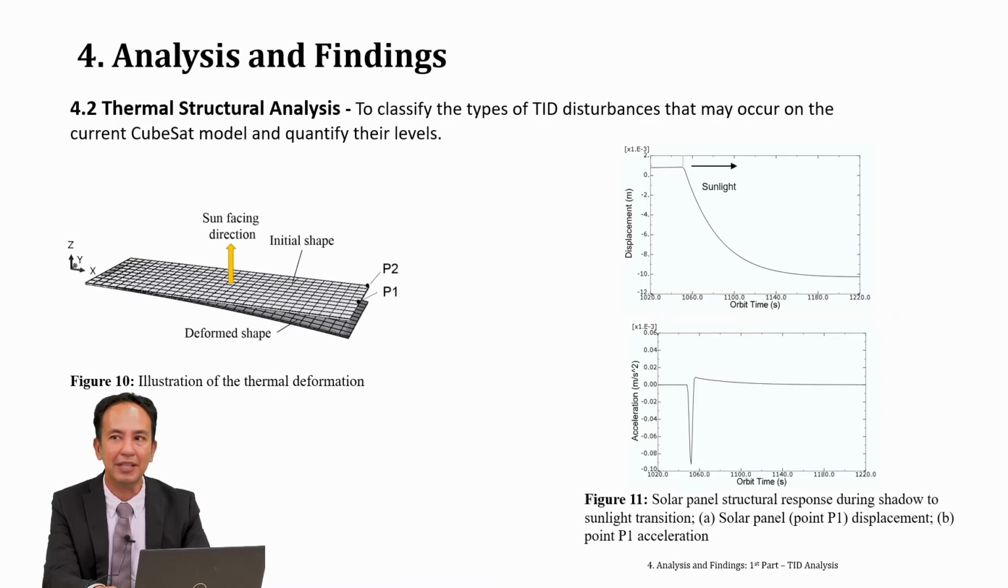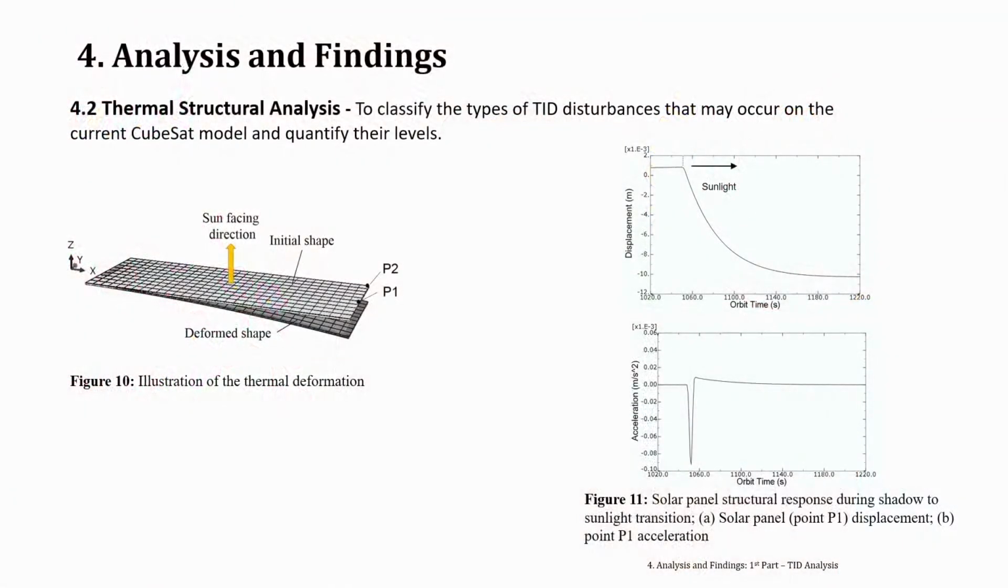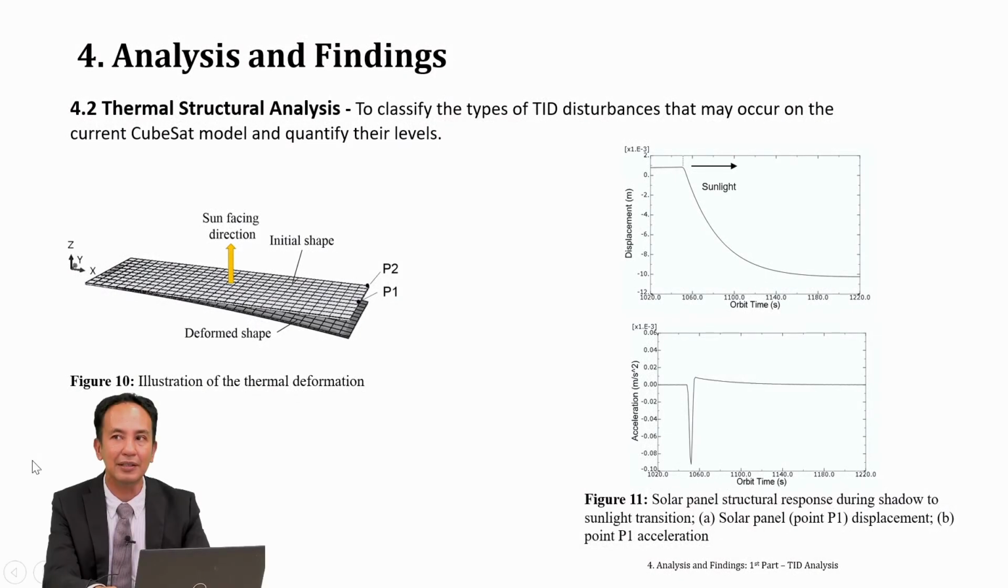The temperature results that we obtain are then used in the thermal structural analysis, which is used to classify the types of TID disturbances that may occur on the current CubeSat model and quantify their levels. As obtained in the thermal analysis, whenever the satellite is in the sunlight region, the upper side of the solar panel will get hotter than the bottom part. This causes the solar panel to deform downward or bending, which is one type of TID phenomenon we name